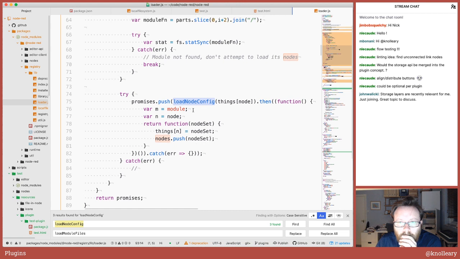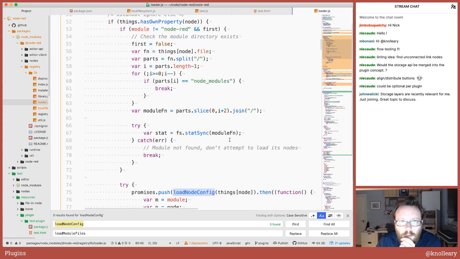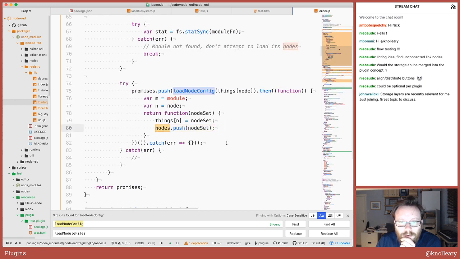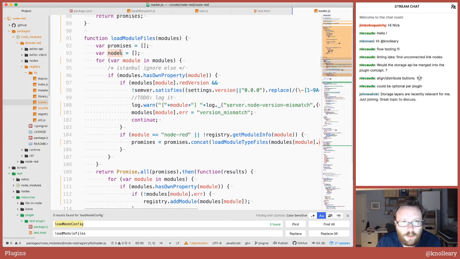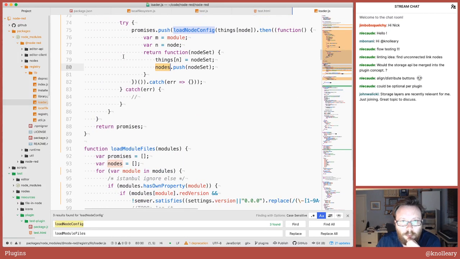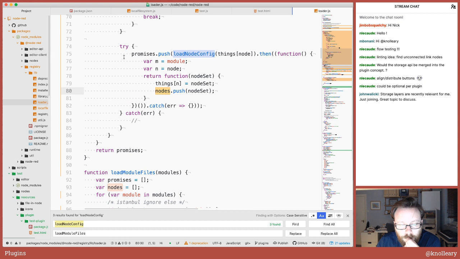Okay, Nick just needs to go quiet for a moment whilst he contemplates all this nested promises and functions. So here you can see where it does the nodes.push node set. See, this is this nodes array, which is down in this other function, now that we need to be dealing with. However, we are returning some promises, and that promise, the promise we are returning